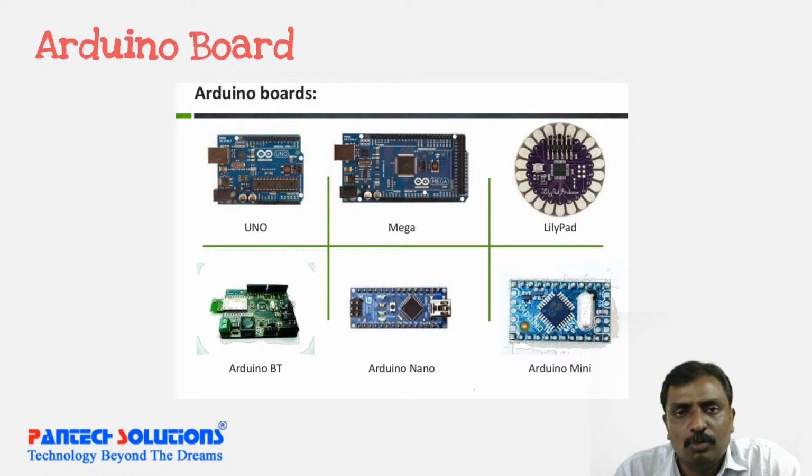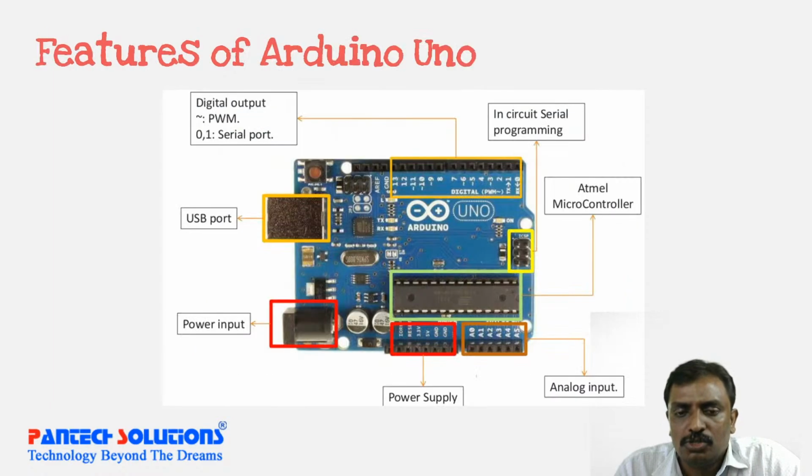So we are going to see a demo on Arduino Uno. So Arduino Uno, these are all the features. You have a USB port to give the power through the USB port. The same USB port can also be used as a serial port. Okay, you could also give the power from the jack. You have a power input port, and you have the